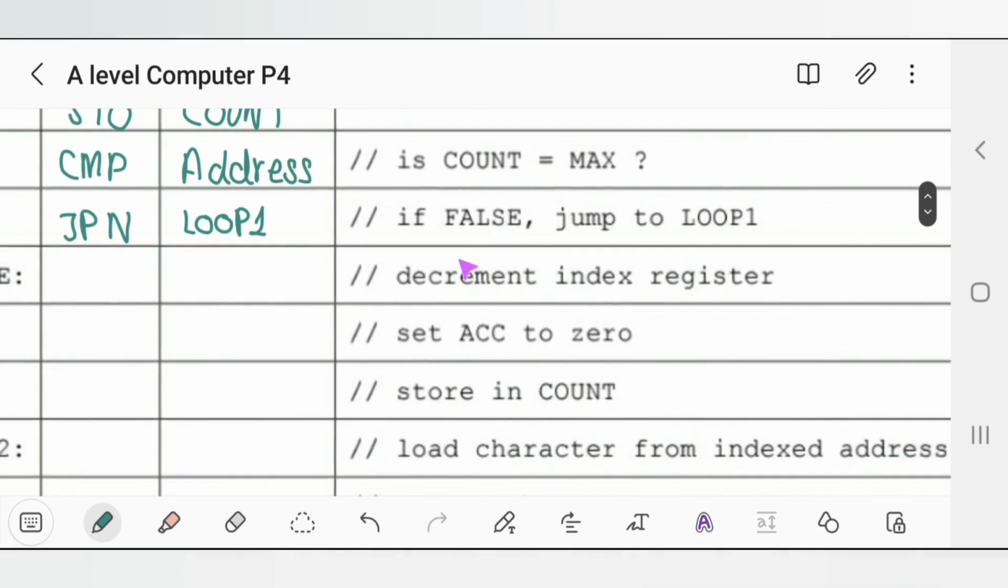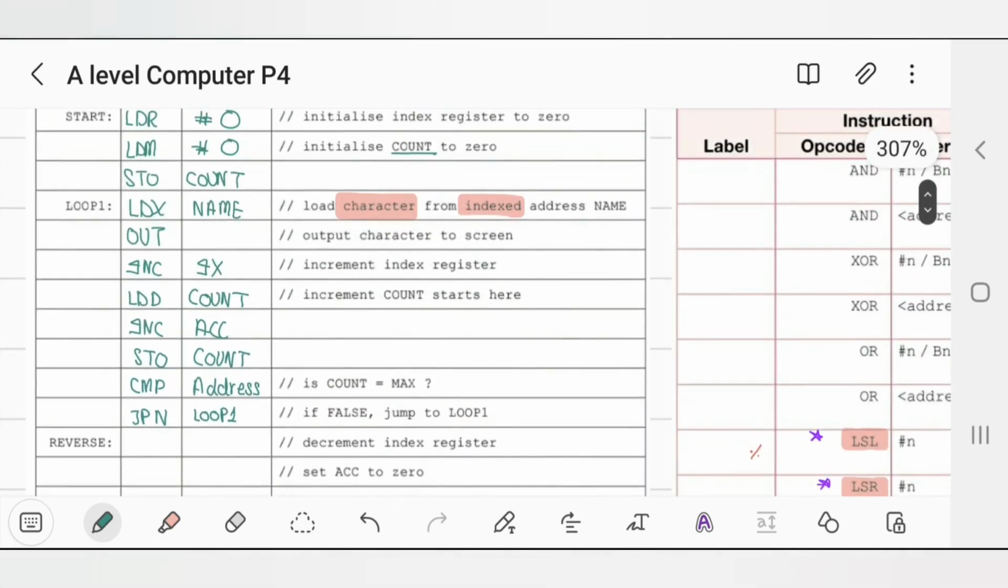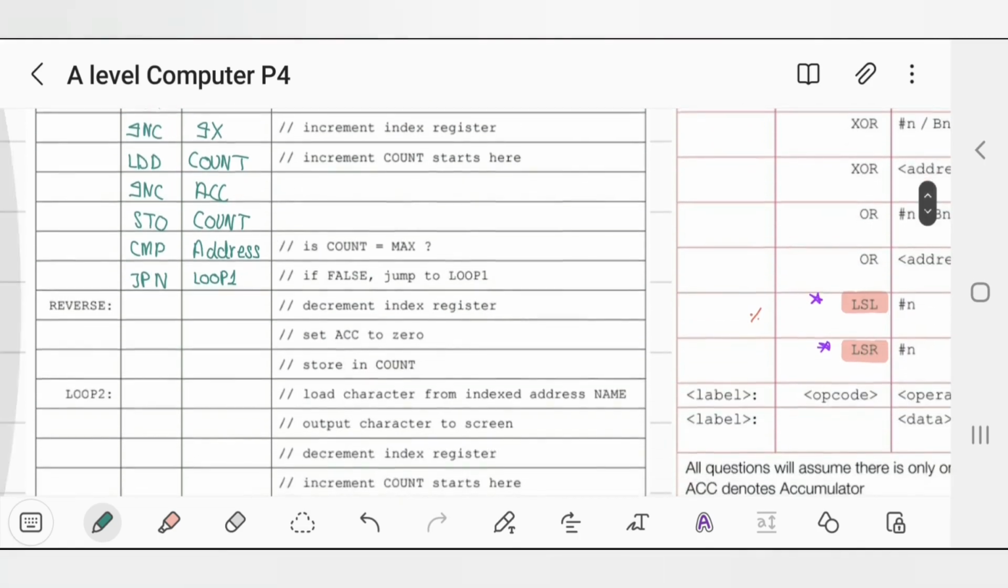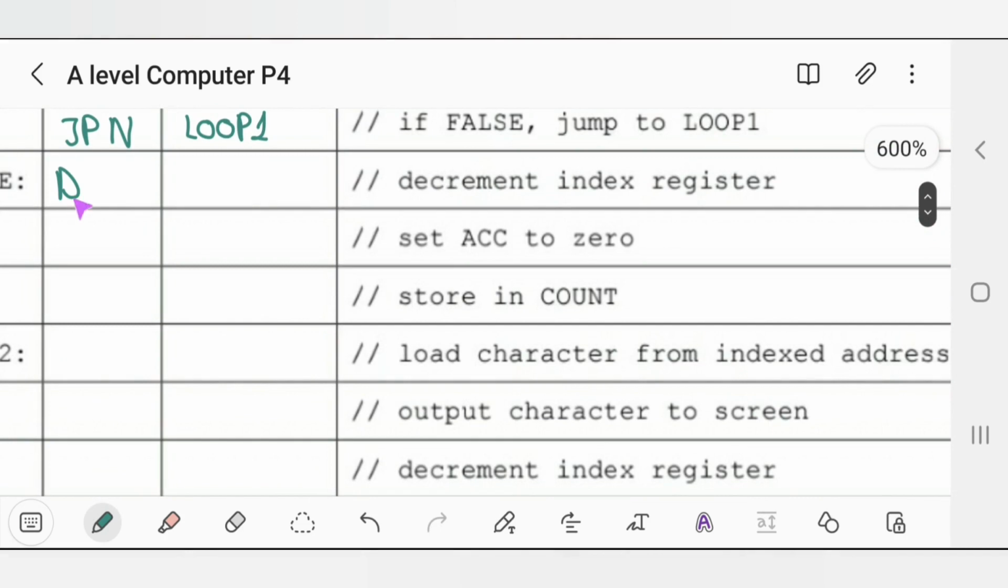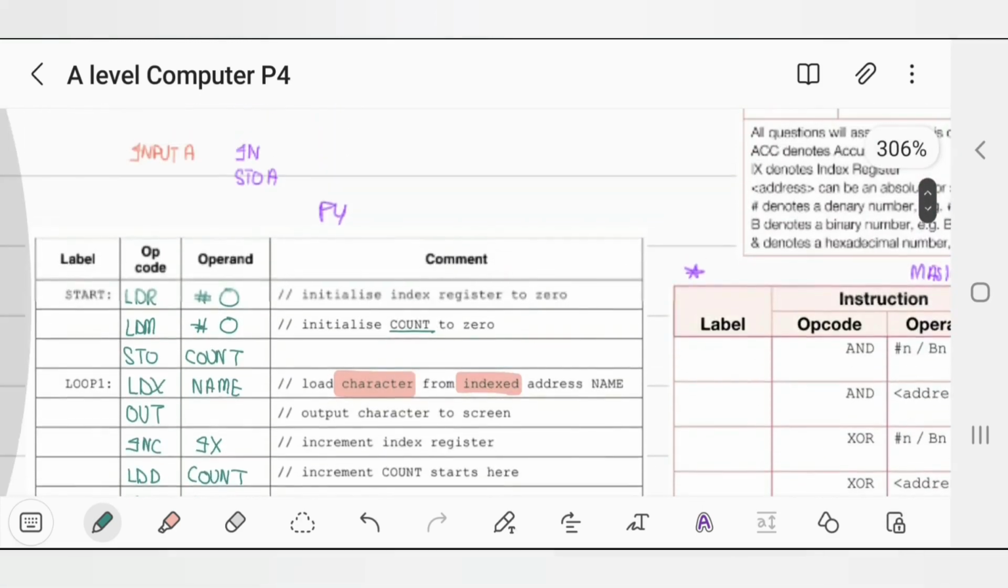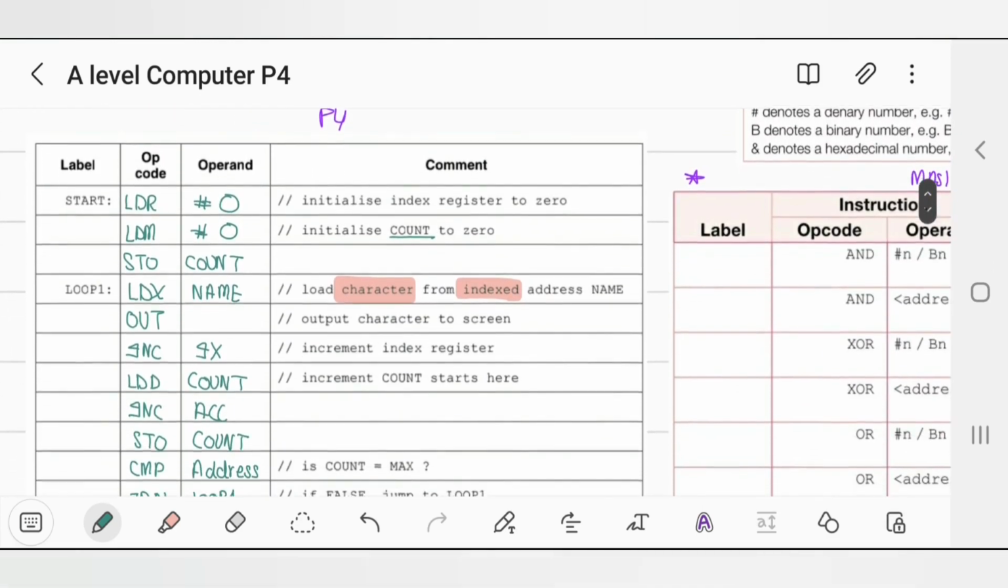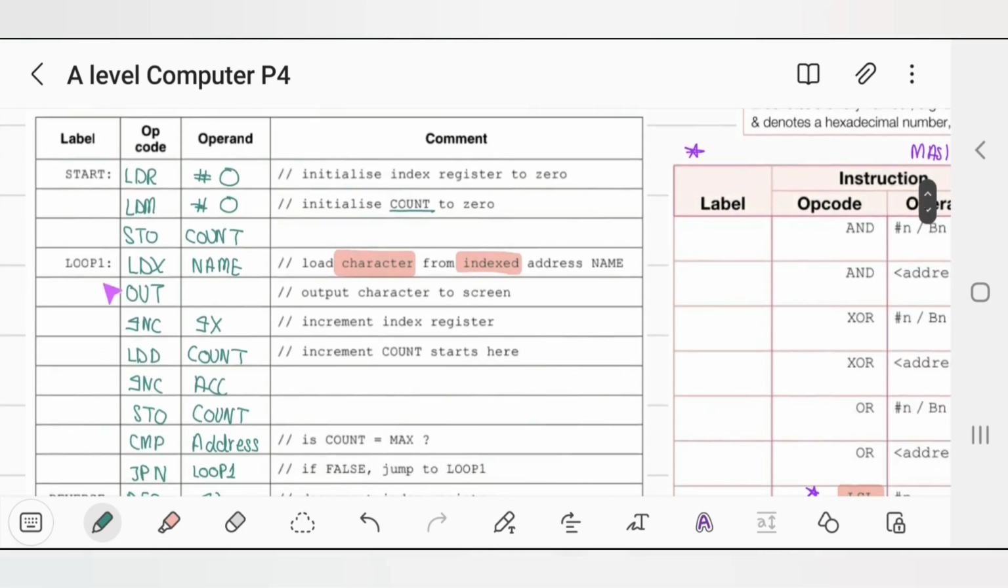Reverse: decrement index register. Right here, just decrement index register. I'm going to decrement, so I'm going to use DEC index register. Set accumulator to 0. Okay. Set accumulator to 0, which means that I'm going to use